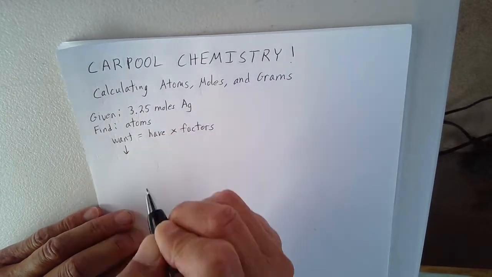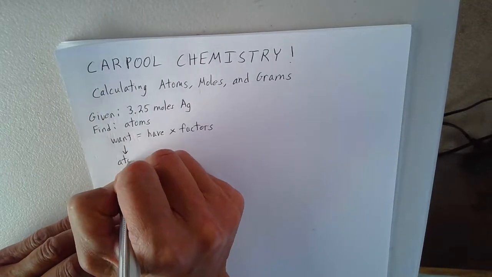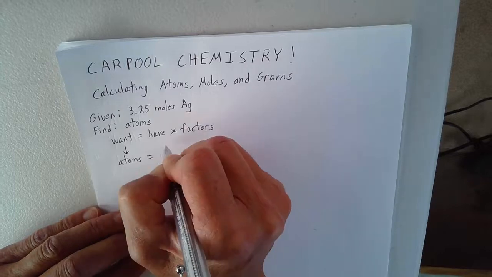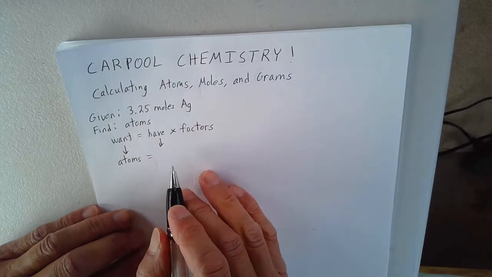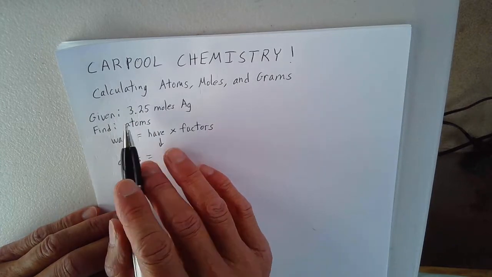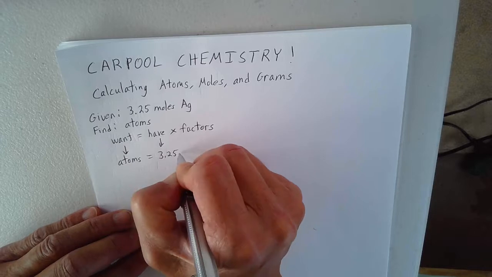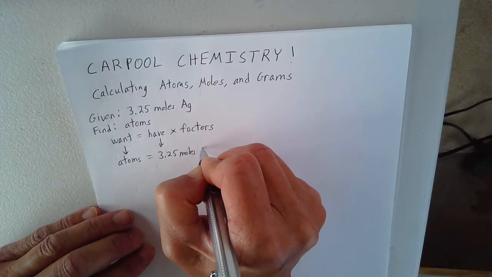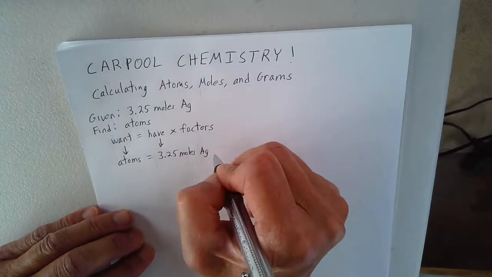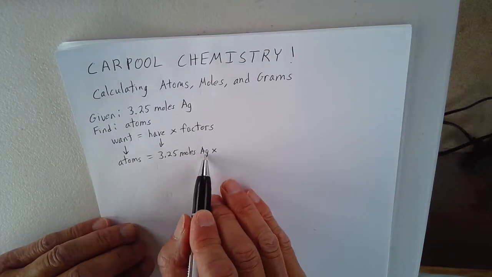So underneath want, we draw an arrow, and we obviously want atoms. That's what they ask us to find. Is equal to, and what do we have? What does the number of atoms depend on? It depends on the amount that's given to us, which is 3.25 moles of silver. And now we have to multiply by a conversion factor that relates moles of silver to